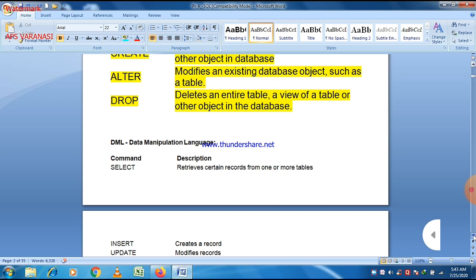So using the alter table command, we can add a column, we can remove a column from a table, and we are able to change the data type of a column, and even the size of the column also. Suppose it is already declared that the size is varchar 50, then you are able to change the size to varchar 100 using the alter table command. So these are the three important commands: create, alter, and drop. Using these, you are able to create a table or a database, change the structure using the alter table command, and using the drop table command you are able to drop the whole table with its structure.